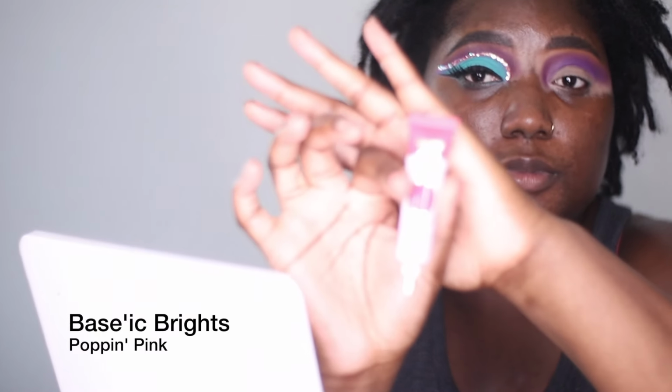Girl, you know you gotta blend it nice and good. So that looks pretty good. So now I'm gonna go in with Basic Brights, and this is in shade Poppin' Pink, and these are from